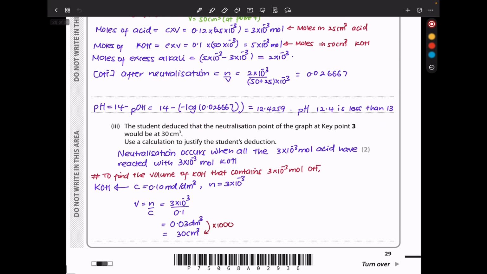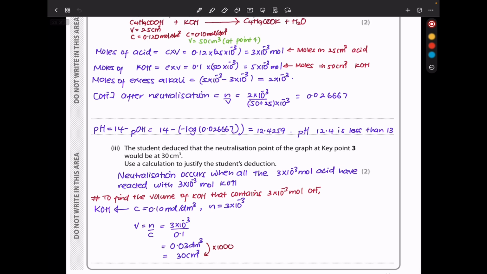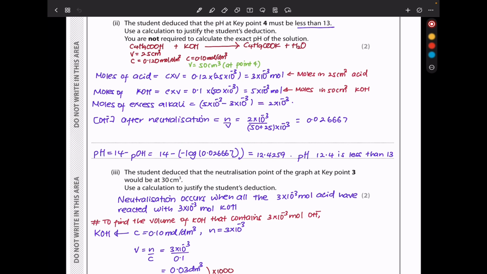And next I say the student deduced that the neutralization point of the graph at key point 3 would be at 30 centimeters cubed. Use a calculation to justify the student's deduction. Now the neutralization point is when potassium hydroxide and the acid have reacted in equal number of moles. It means this is the point when 3 times 10 power negative 3 moles of the potassium hydroxide have been